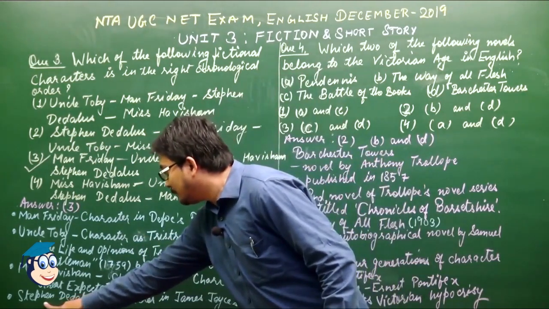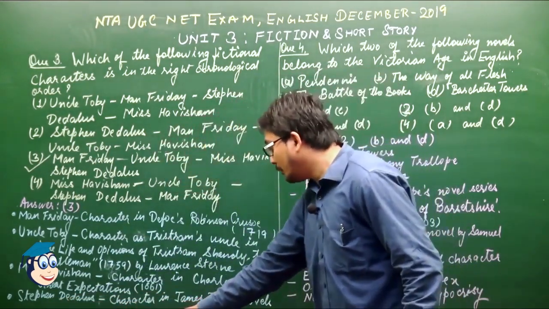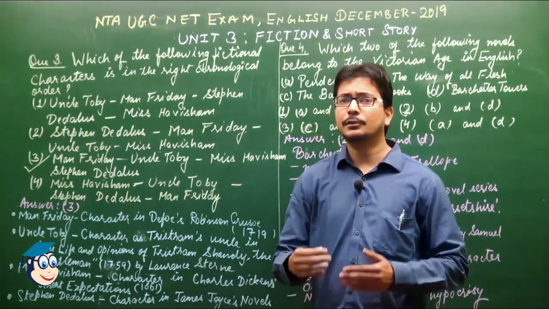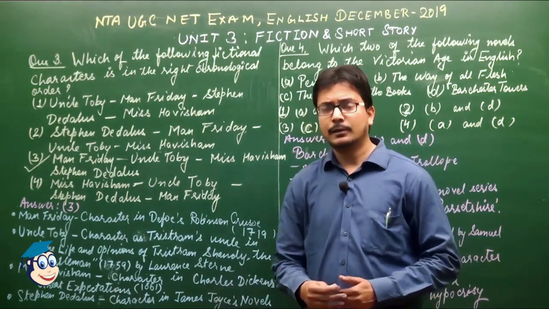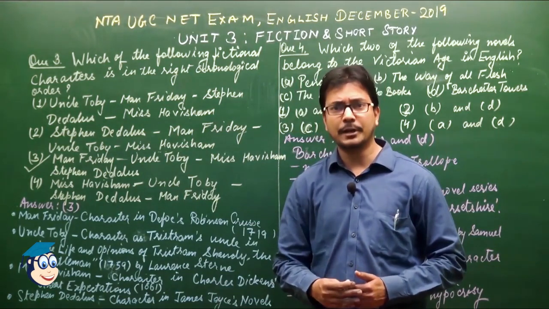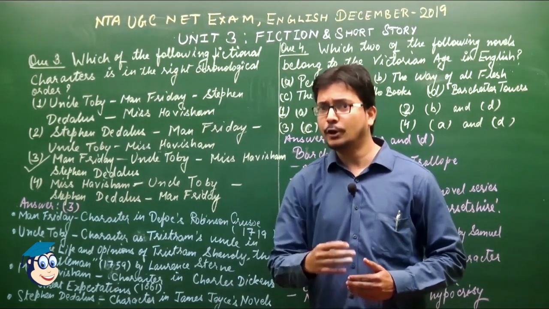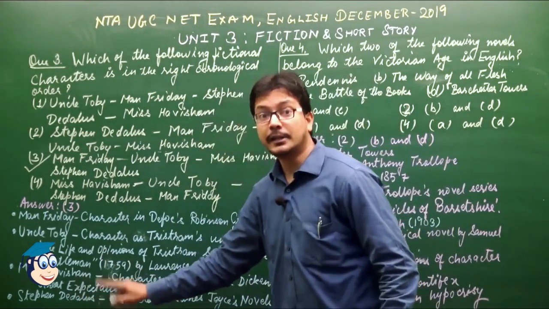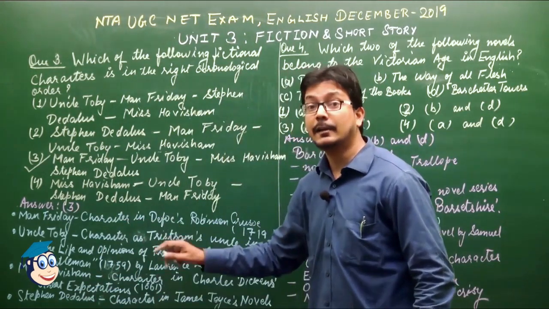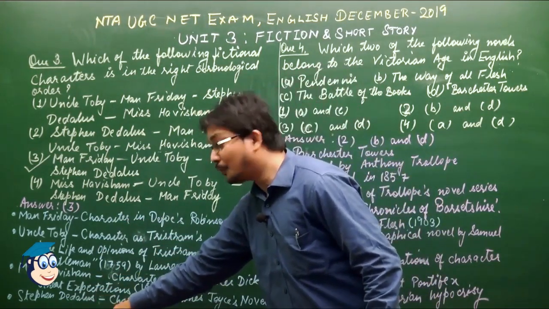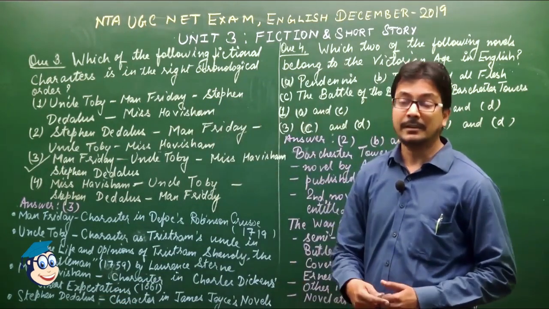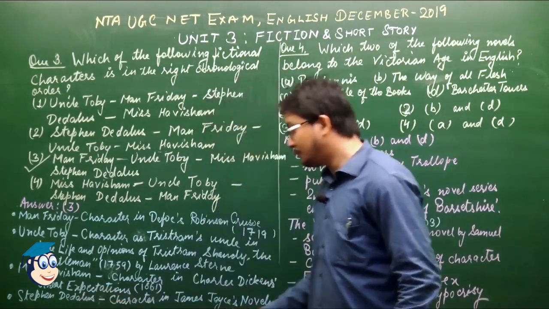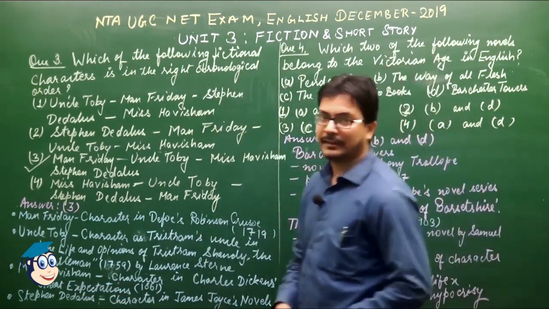The next, Stephen Dedalus, was a character in James Joyce's novels. In fact, this character could easily be visualized in 2 of Joyce's novels. The first novel is A Portrait of the Artist as a Young Man. The second novel is Ulysses. In fact, this character is an alter ego having the same similarities that are found in the author. This is why the first novel, A Portrait of the Artist as a Young Man, is also known as a semi-autobiographical novel of James Joyce. So let us talk about the next question here.